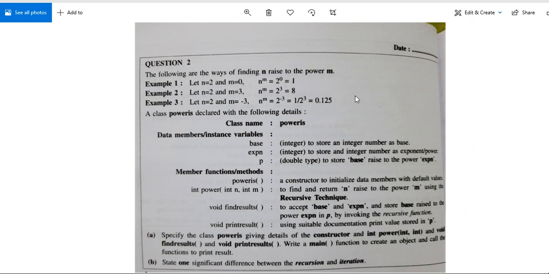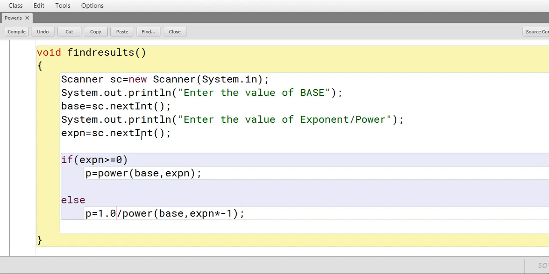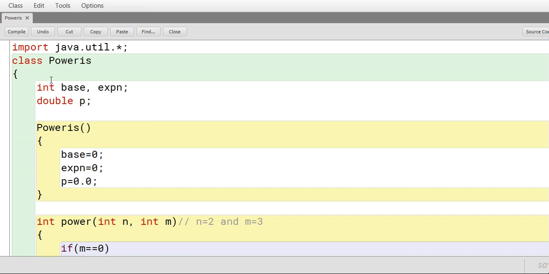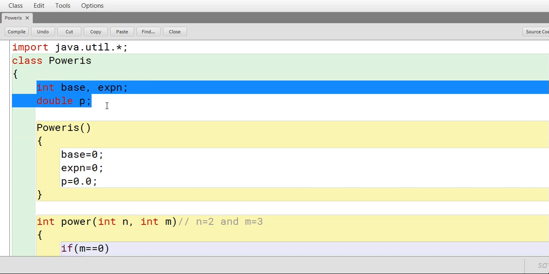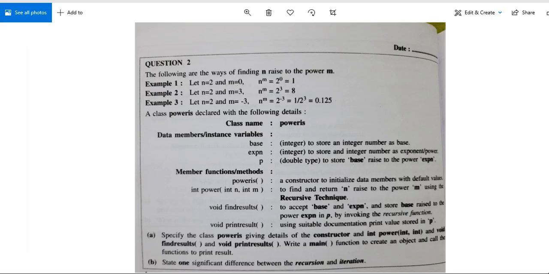So let us start. The name of the class is PowerIs. Now here we have to declare the variables. We have two variables, base and expn, the data type is int, and the third variable is p, and the data type is double.